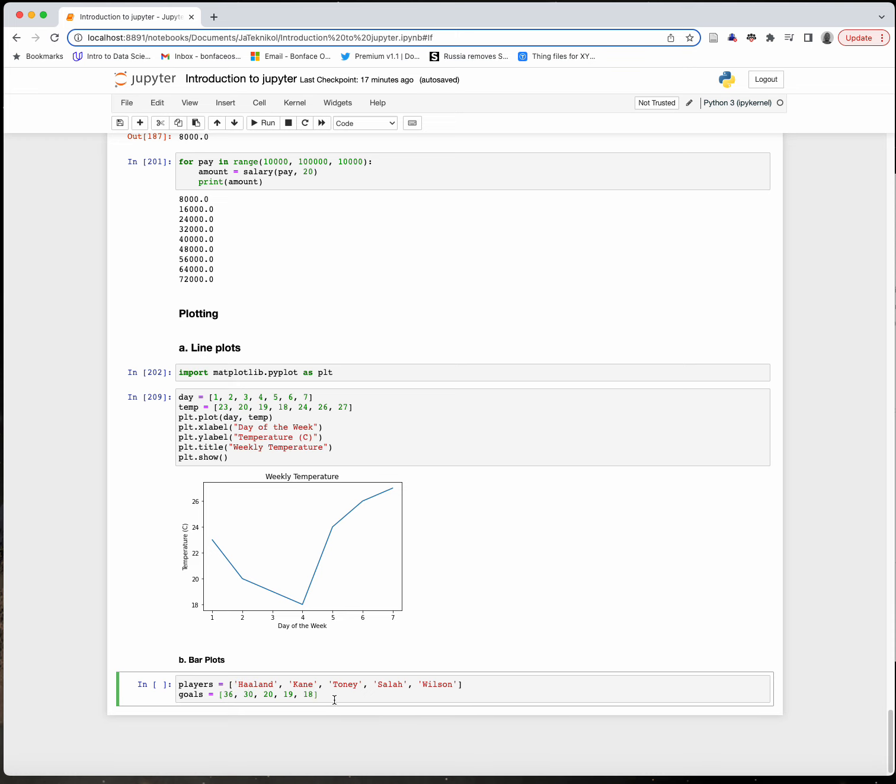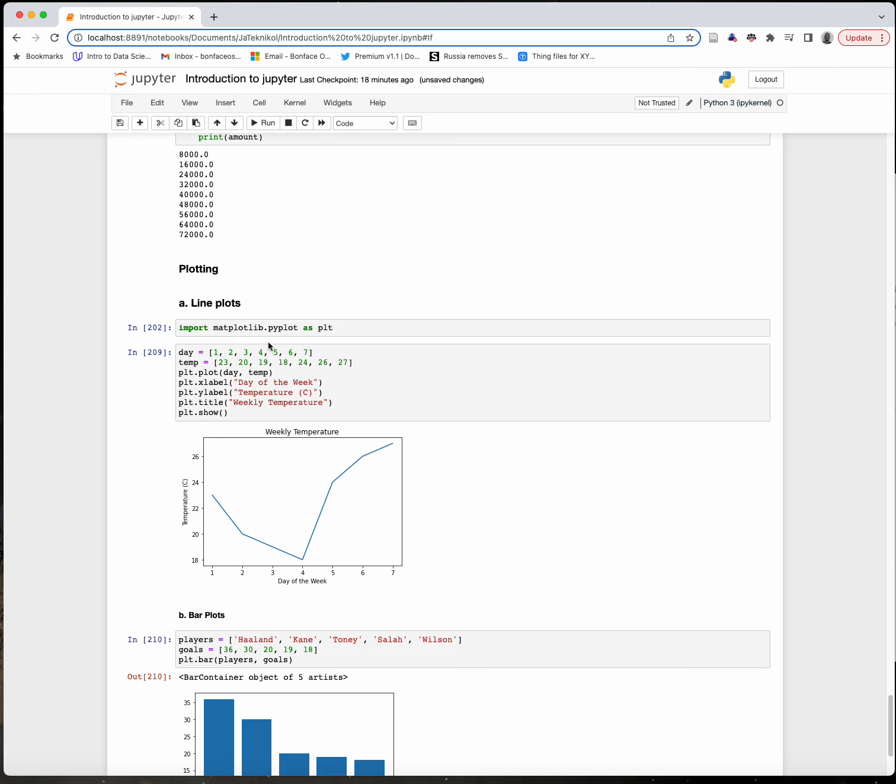And then to plot this, it's very simple. I'll just do plt, but you don't say plot, you do plt.bar to specify that you are plotting a bar chart, and x followed by y. But x is the independent variable, which is players. So players, and then y is the dependent variable, which is goals. And then once you do that, you can literally plot this,